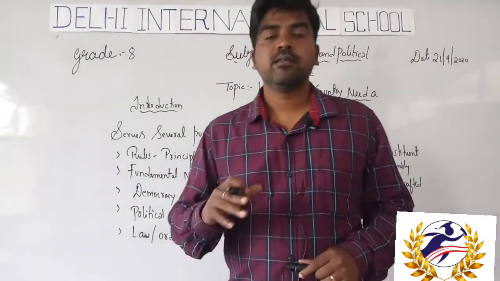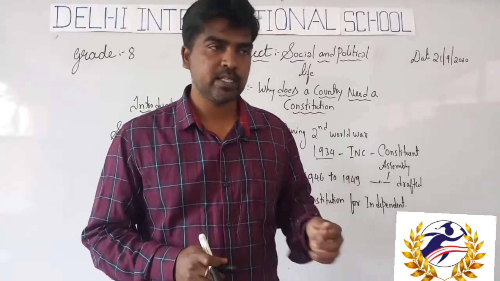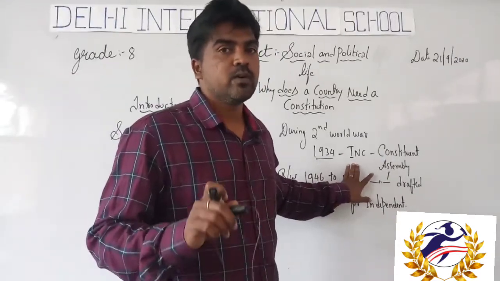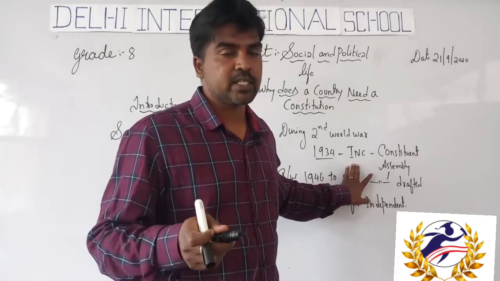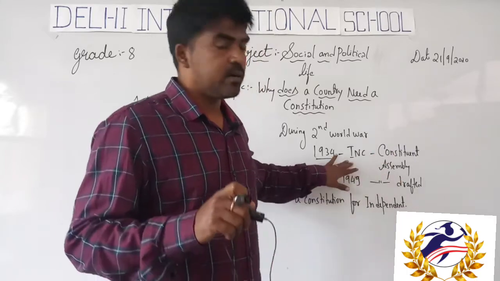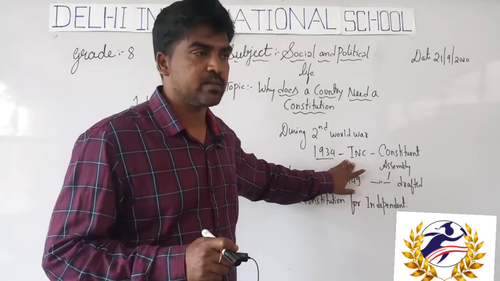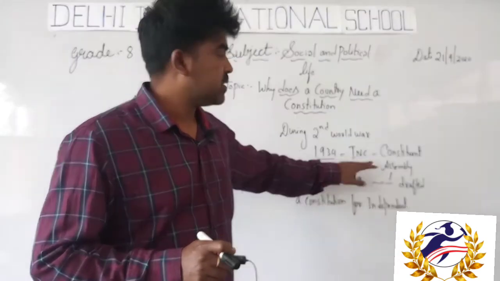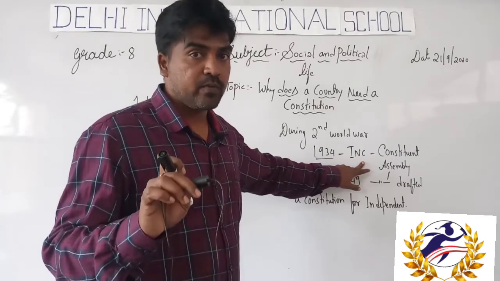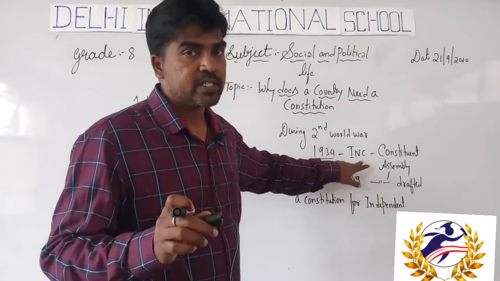Now we have elected members, elected by the people. In olden days, during British rule, there were no members elected by the people. Only British politicians or officials were responsible to run the parliamentary system. In this system, there was a chance for only a few Indians. Those were the members of the Indian National Congress.